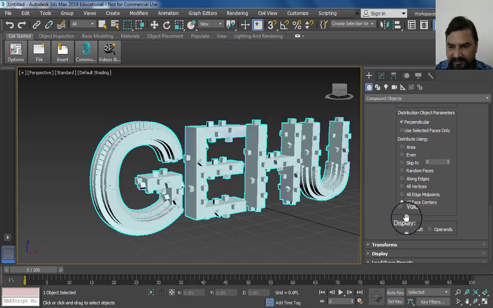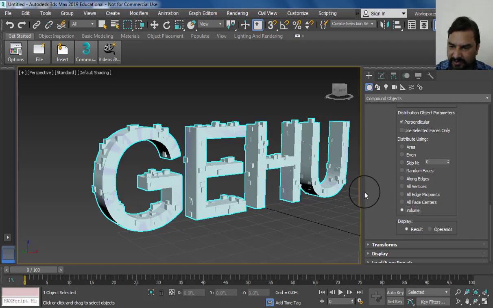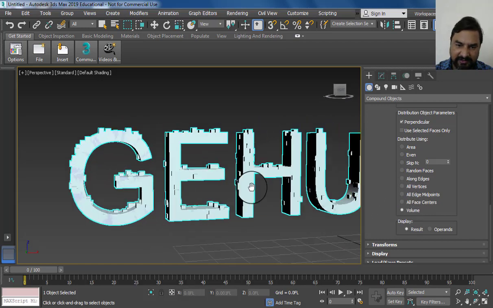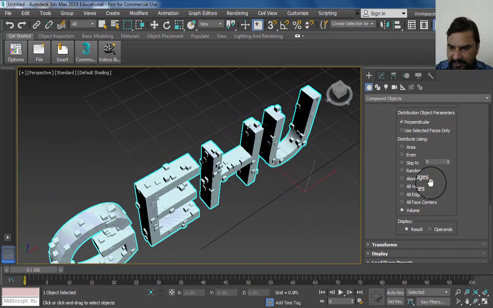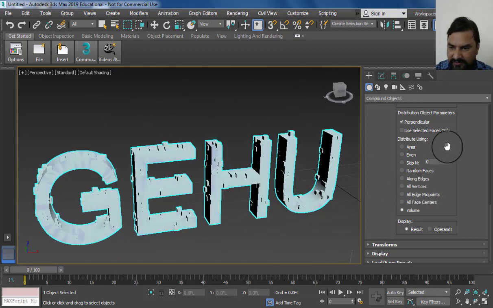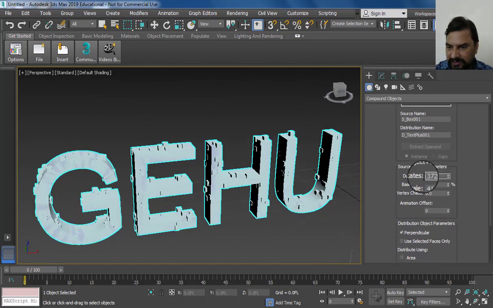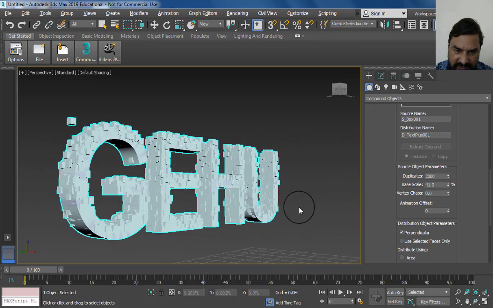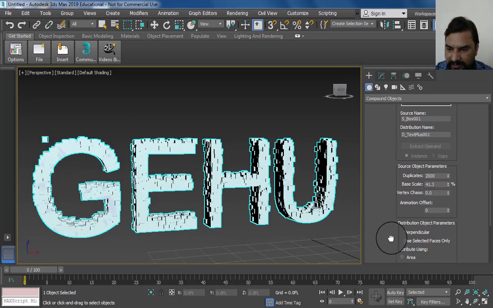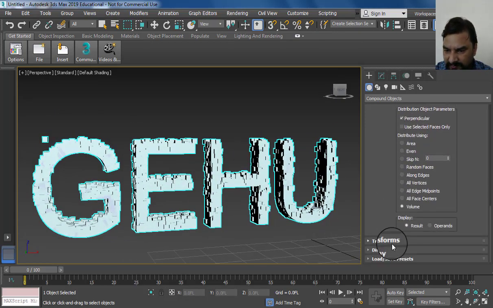We can use different types of options to distribute the objects. Then go to size, where we have more options.